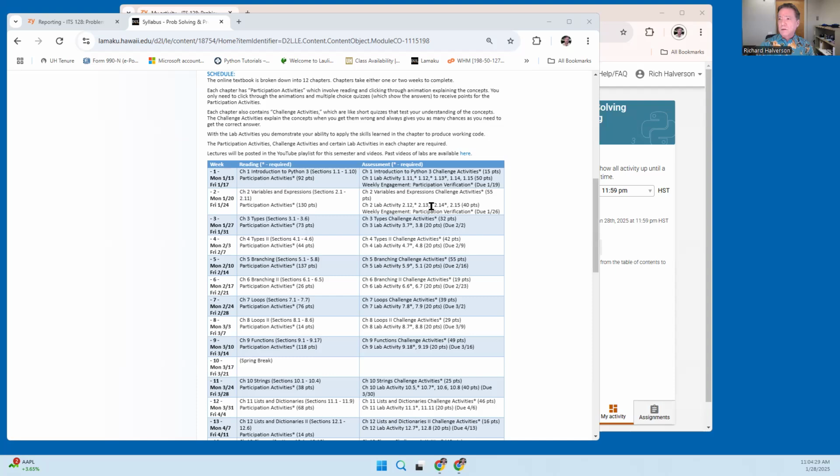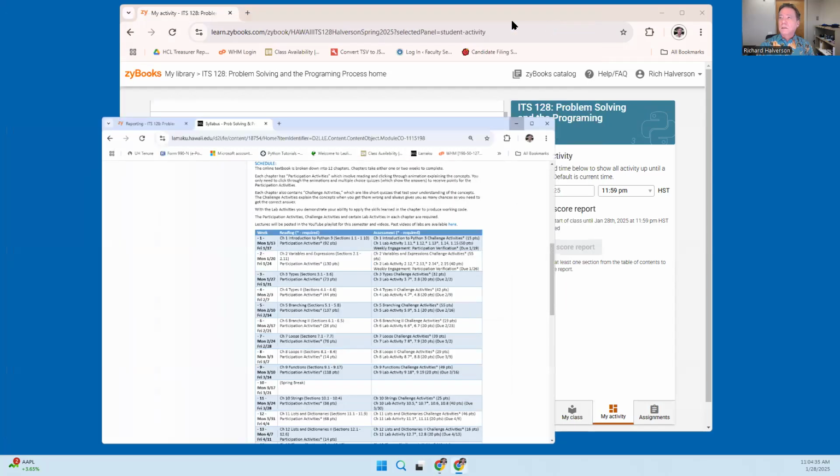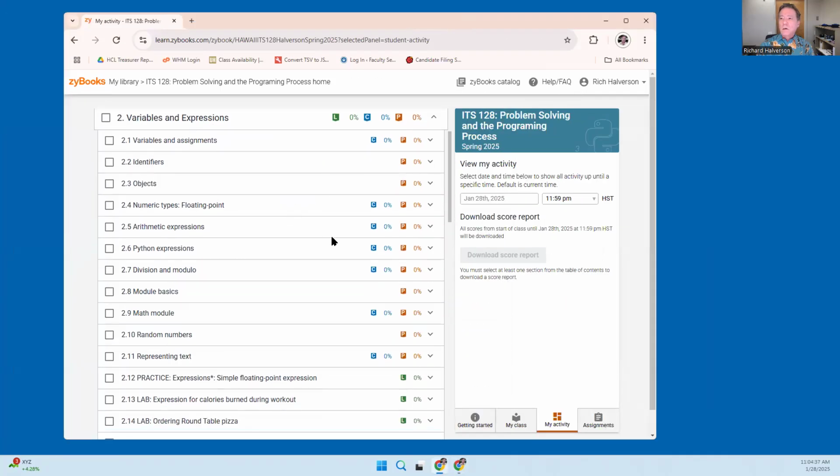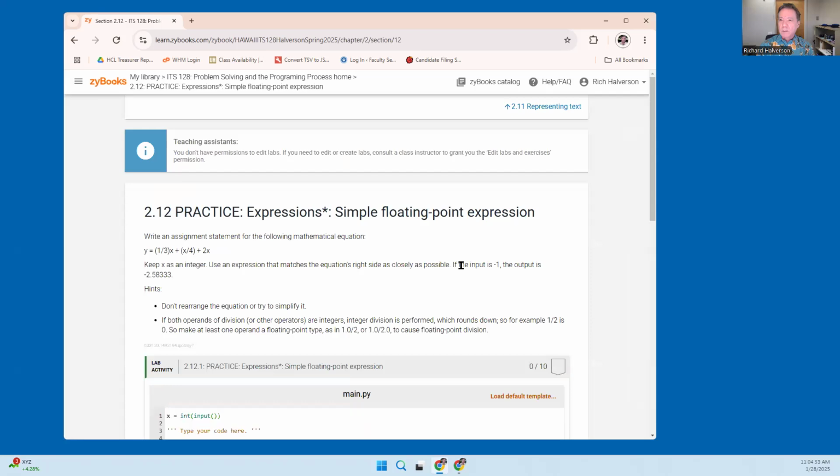So let's go straight to lab 2.12. I'm going to use this one here. Okay, so we got up to, I think we talked about division and modulo. I'll come back to these later when the time comes, maybe when it's relevant in the lab. But let's do this one here. 2.12, it's required. I think the asterisk just means it's